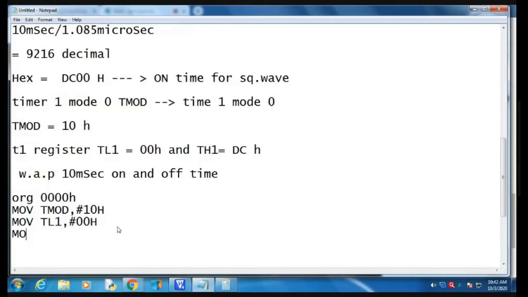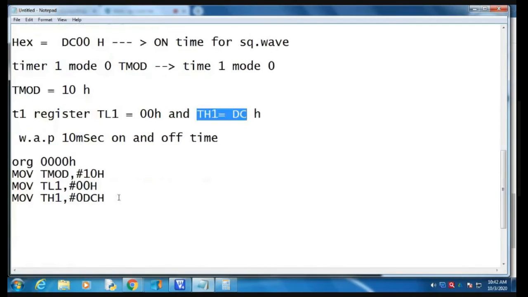Next, MOV TH1, comma, hash, how much? DC. Since it starts with a letter, we start with 0, so 0DCH, because DC goes to the higher byte of the timer 1 register.